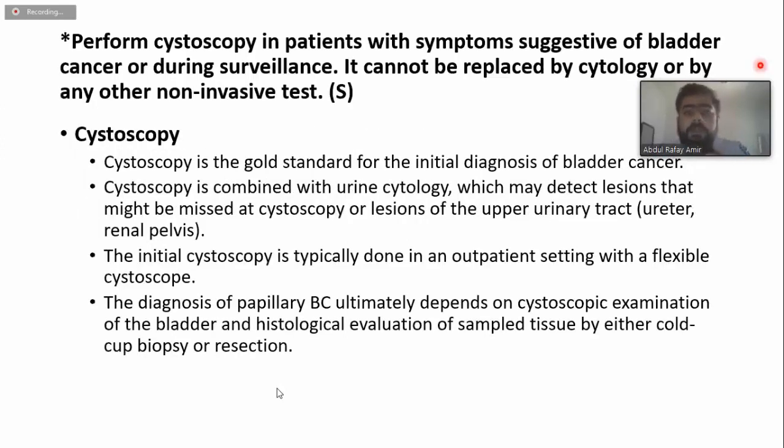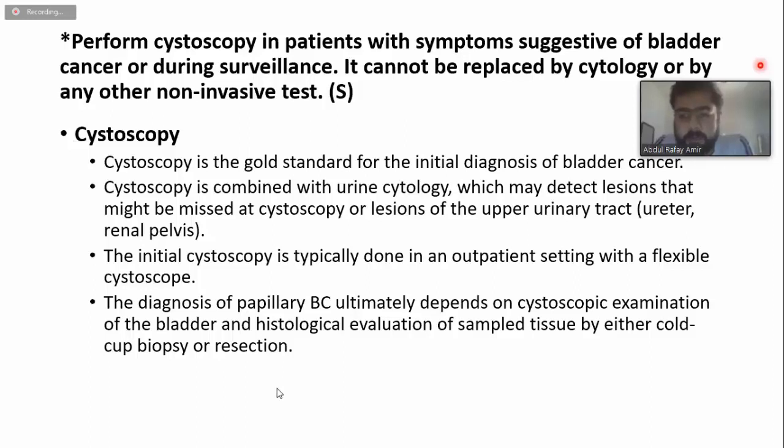Perform cystoscopy in patients with symptoms suggestive of bladder cancer or during surveillance. It cannot be replaced by cytology or any other non-invasive test. So, cystoscopy remains the gold standard for the initial diagnosis of bladder cancer. Cystoscopy is combined with urine cytology, which may detect lesions that are otherwise missed by cystoscopy, such as lesions in